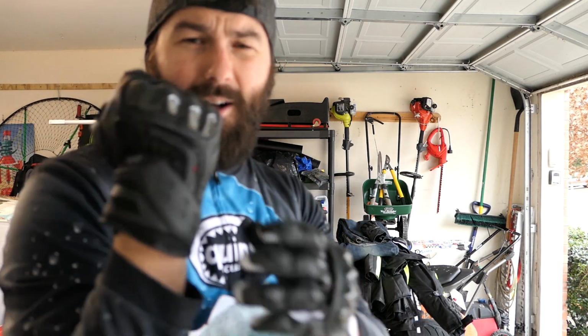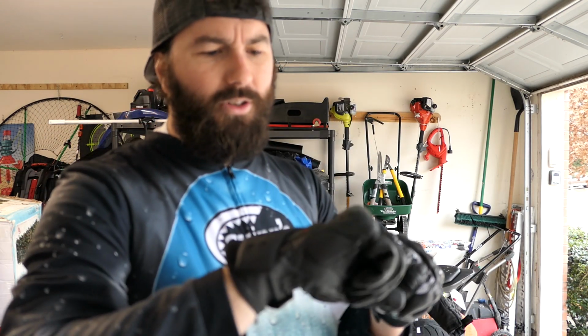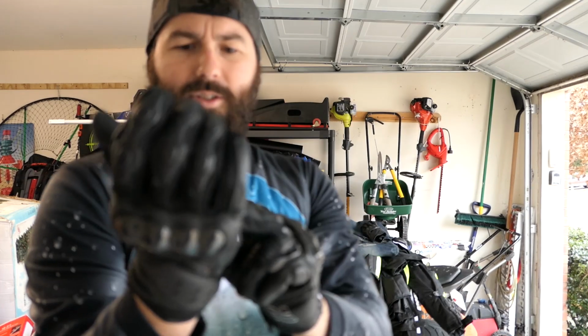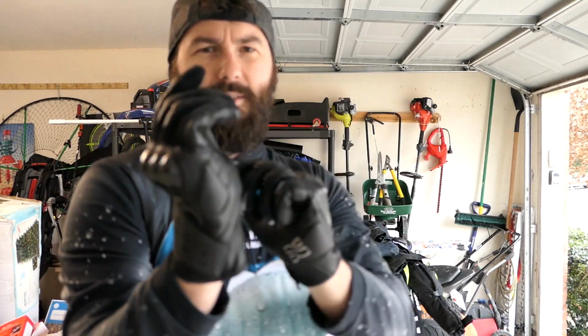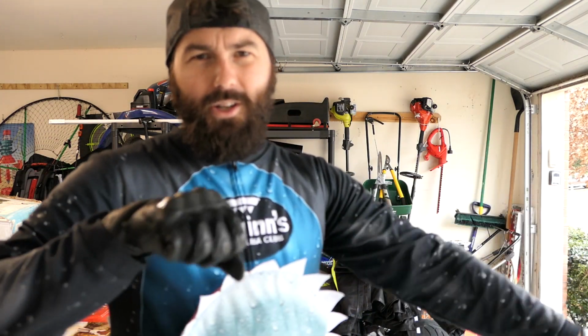Personally, I'm not real crazy about more gauntlet style gloves, and these are also very meshed and summered out gloves as well. Lots of mesh all over it, carbon. Very nice pad right here on the forearm. That's another thing on gloves. You don't realize how much weight you put on the end of your wrists right here. You definitely can have some weight on that at times, especially when you're riding aggressive and you're torquing the bars